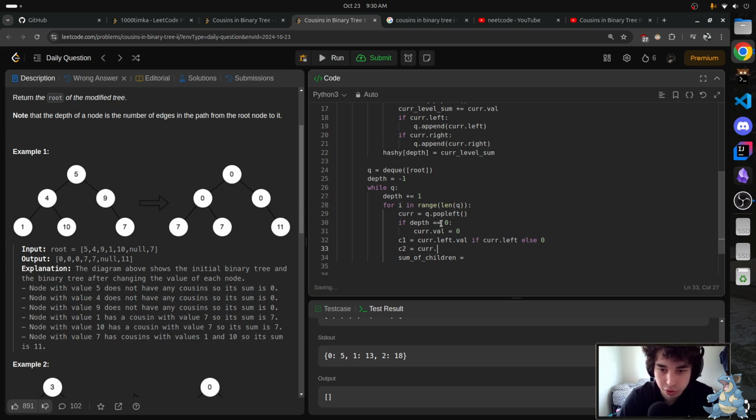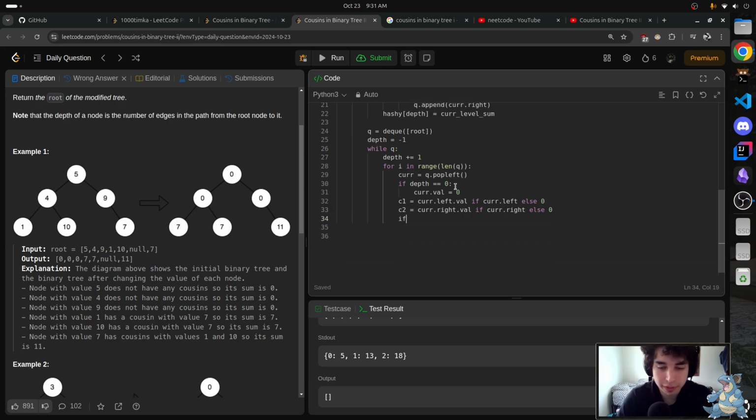C2 equals cur dot right dot val if cur dot right else 0. Okay. So if cur dot left dot val is equal to